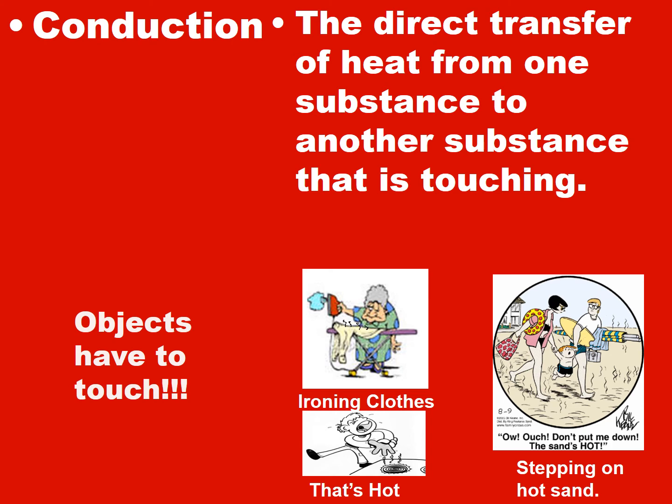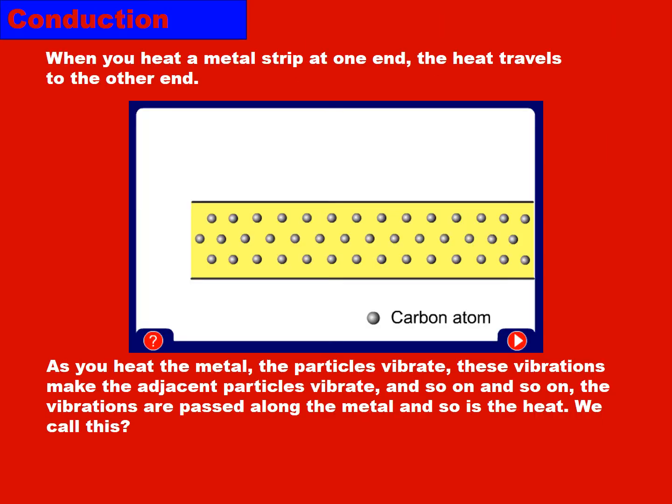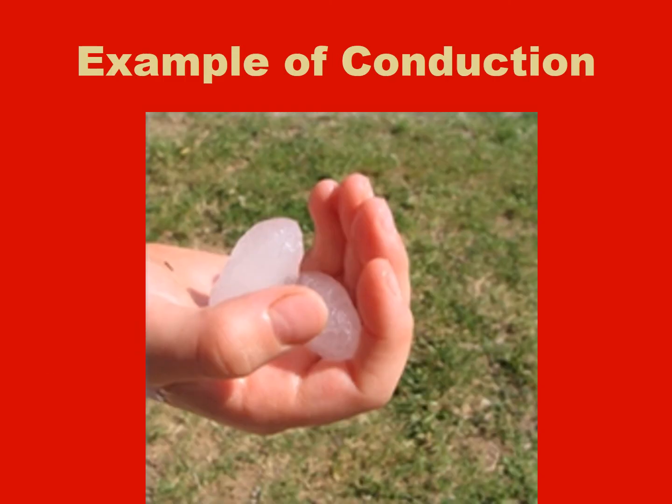Okay, conduction is the direct transfer of heat from one substance to another substance that is touching. This is the meaning of heat transfer by conduction. The image at the bottom of this slide describes how heat is transferred by conduction. Also, this slide gives the mechanism of heat transfer by conduction. Example of conduction: